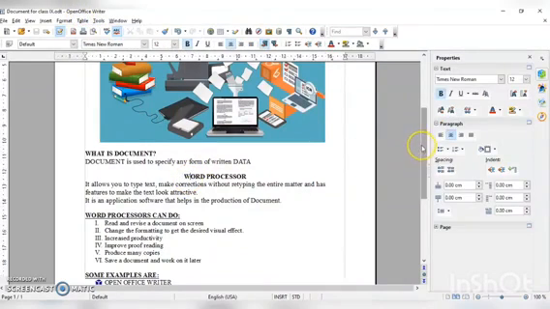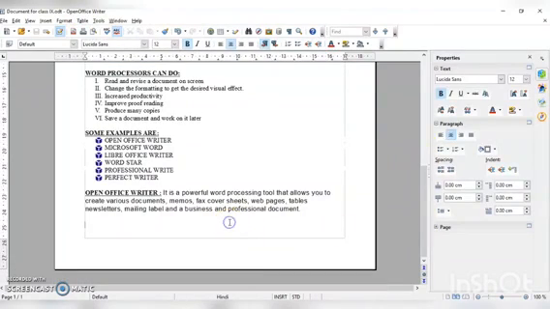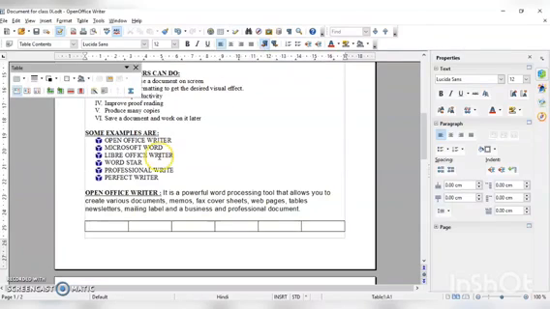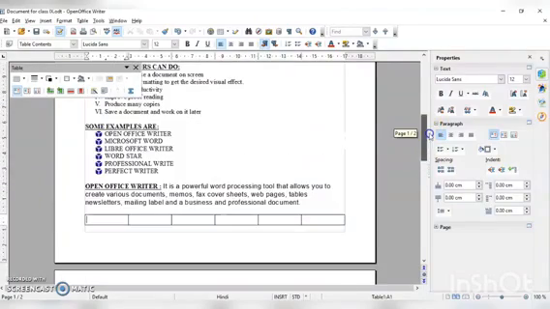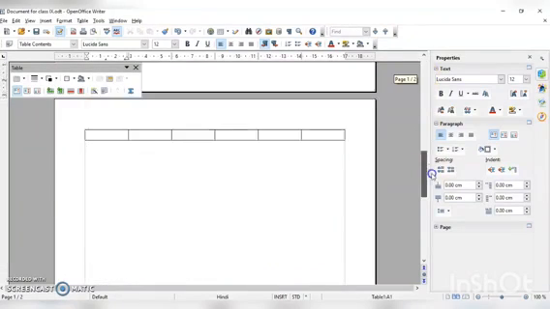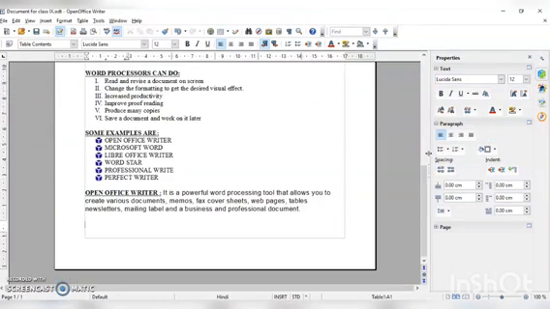After clicking on this part, we can add tables from here also and from the menu bar also. We have to select rows and columns, increased according to your need. You have to click on this and you can see the table is added. We can undo by using Ctrl+Z, which means the last 10 transactions can be undone.